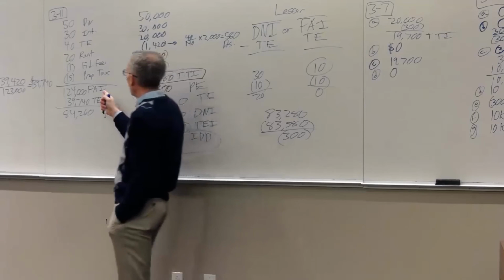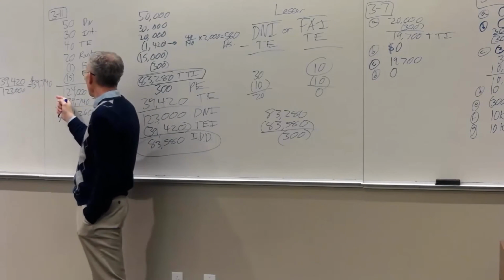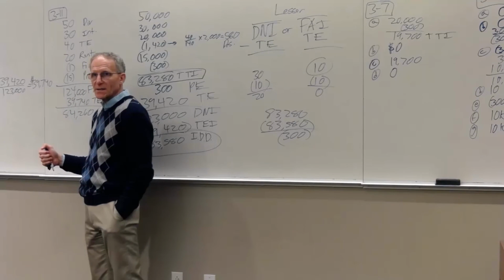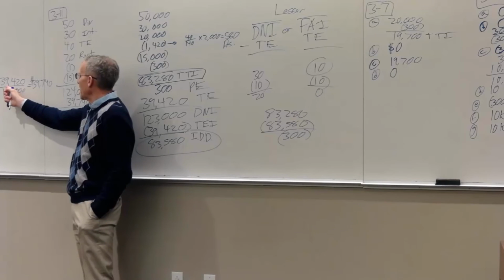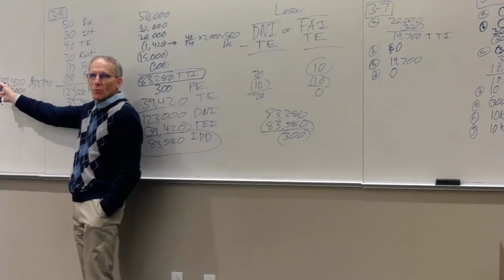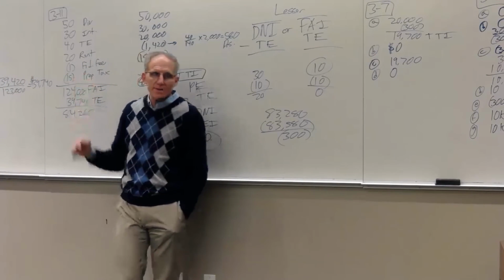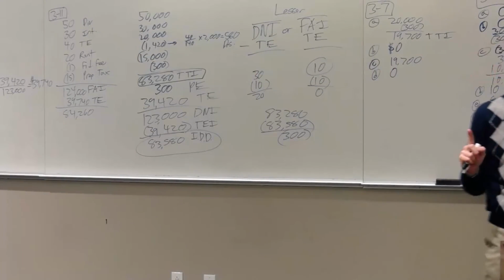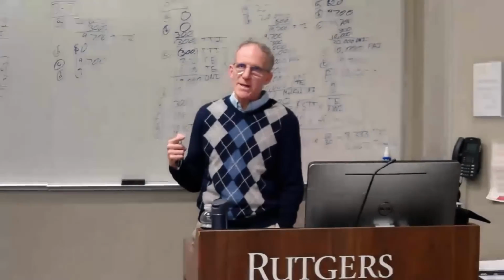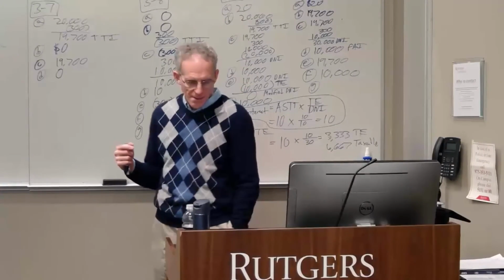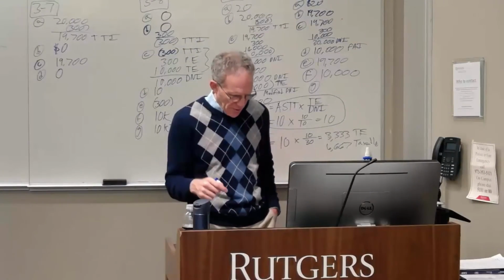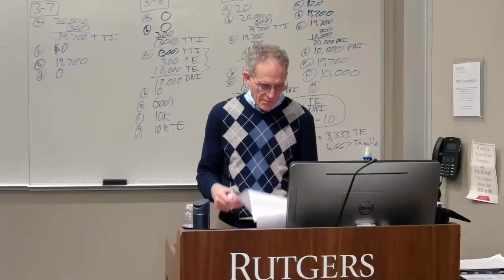And why did I go through this exercise? I had to figure out how much embedded tax-exempt income was in the fiduciary accounting income. We know what was embedded in the DNI, and if we know that, we can extrapolate and figure out the tax-exempt income embedded in the fiduciary accounting income. Think about it. It's hard to do at 8:45 on a Wednesday night. But on the weekends, it will hopefully come a little clearer. So your answer for your notes, the answer to 3-12 is negative $300.